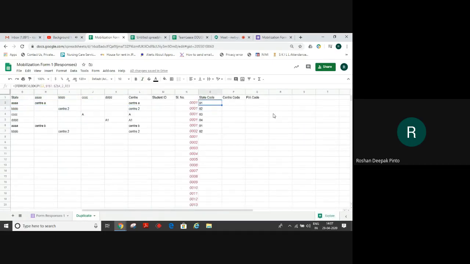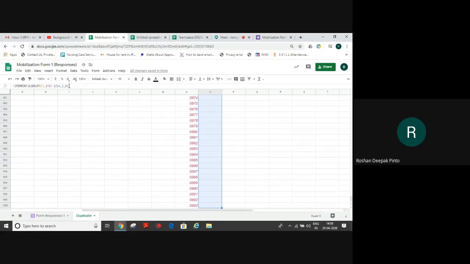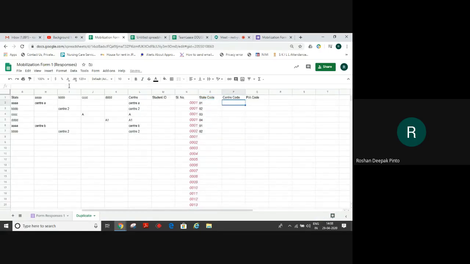Similarly, I will do it for the center. Also remember to put a comma and 2 times inverted commas so that your formula remains constant. Again, I'll take up IFERROR and VLOOKUP.